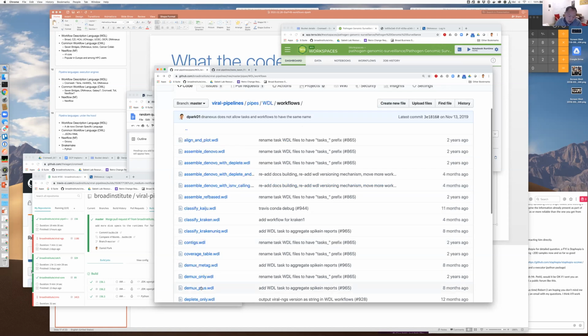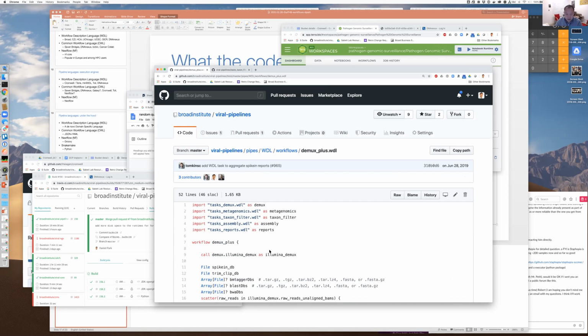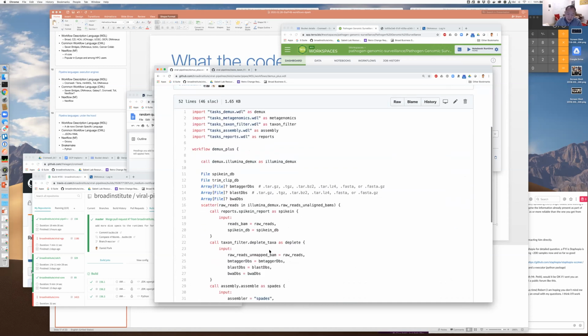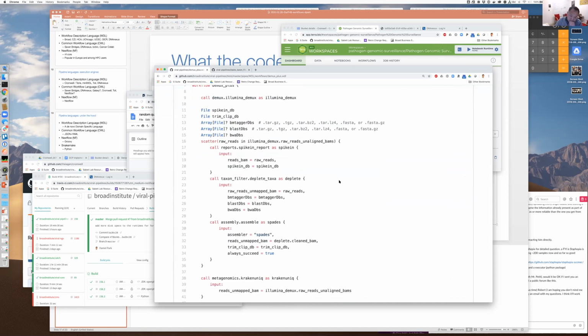I'm actually going to just show it to you real quick. I'm not going to explain it too much, but here's a workflow. I may have mentioned before that we tend to do all of our demultiplexing and base calling in the cloud, mostly because of reproducibility. We just want to be able to do it again later and not rely on